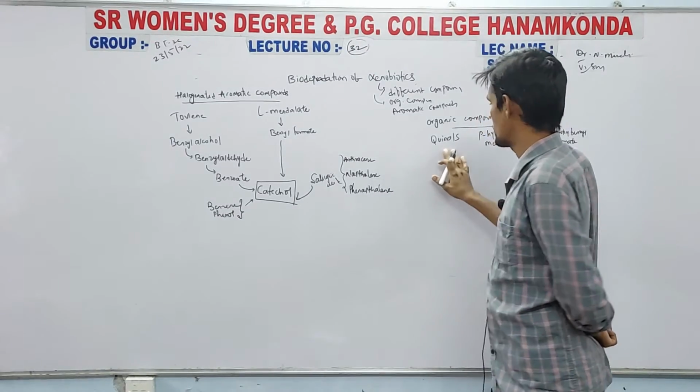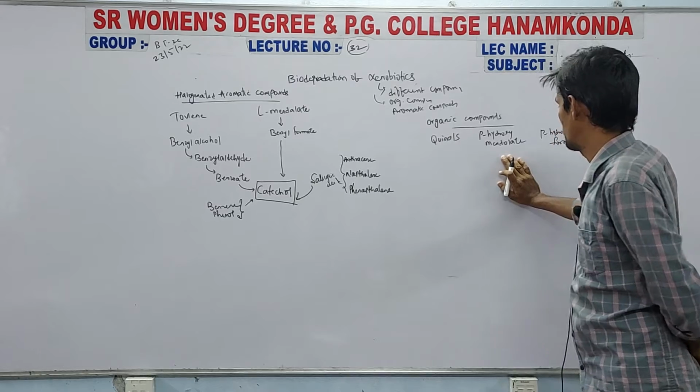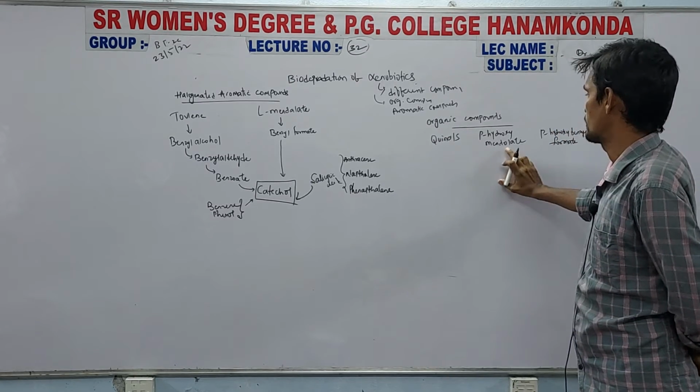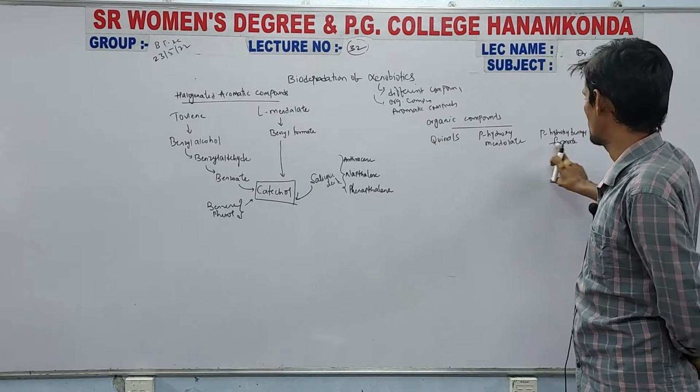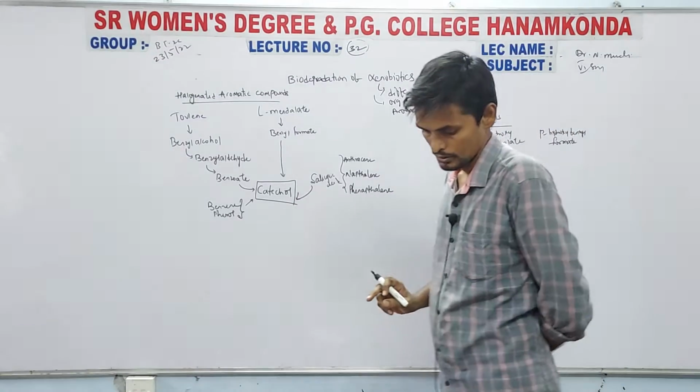So if you take certain examples of quinols and para-hydroxymandelate and para-hydroxybenzyl formate,